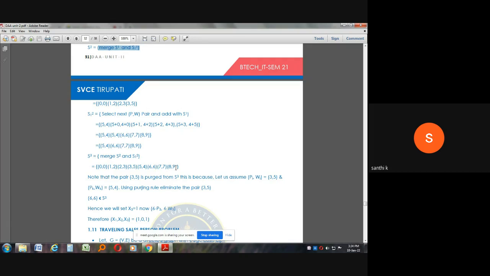So we have to check whether it is present in the last set and in the previous set. If it is present in one and not in the other, we are going to consider that object. If it is present in the ith set and present in both the I minus 1 set, we are not going to put that ith object.